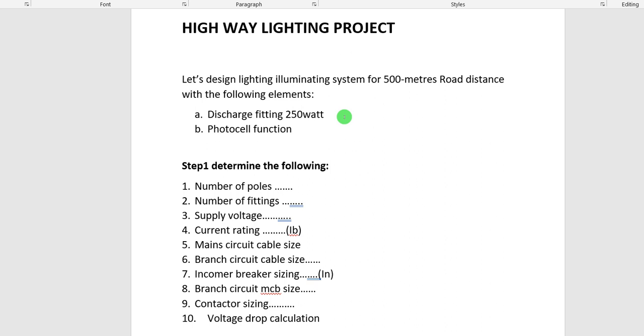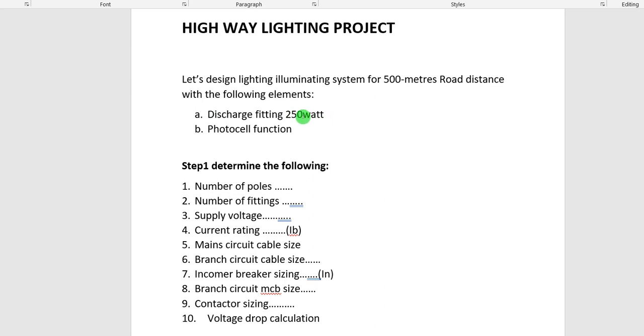There is flood light. Discharge fittings are the type of light that does not start directly. We have to incorporate a capacitor, an ignitor, and a transformer being the choke. These three devices will be integrated inside the fitting. That is discharge lighting, and it has the pressure to illuminate a greater coverage of a space. It lights up a certain area better than direct, so that is why most people prefer discharge lighting.